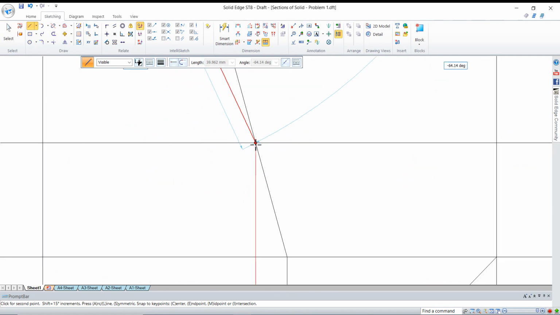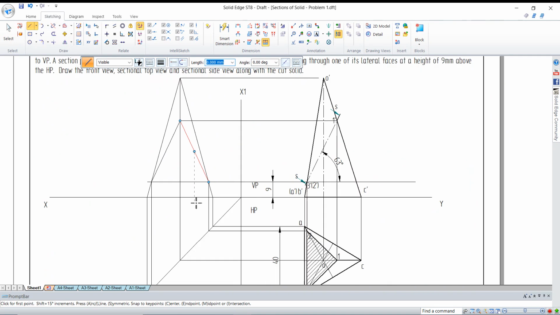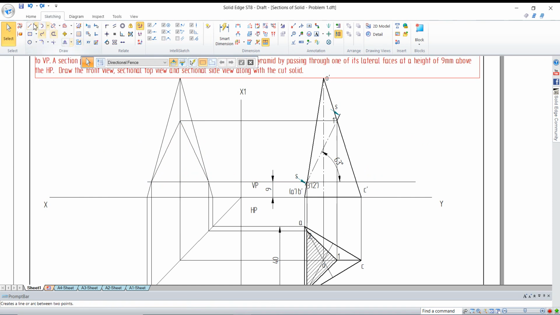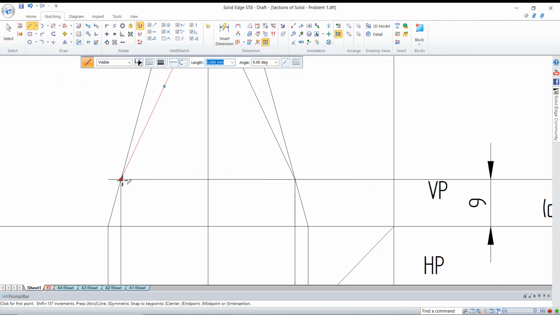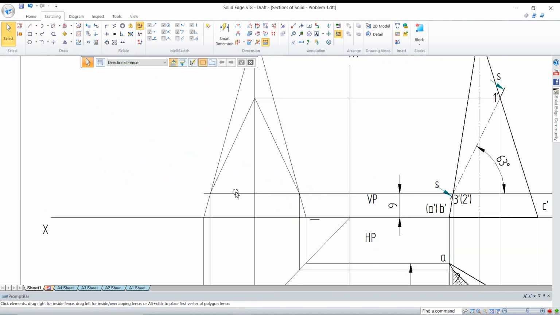Sorry, here the small junction is wrong, so it's better to zoom in and draw properly. So this is sectional line. Now all the section lines should be in a thick line, so what I'm going to do is I'll make 0.5 and draw a line here. I can overlap on the same line, does not matter. Okay, due to sensitivity of the computer, I may not get the exact point. I draw this and I draw here and draw here, and I will give it as 0.5.